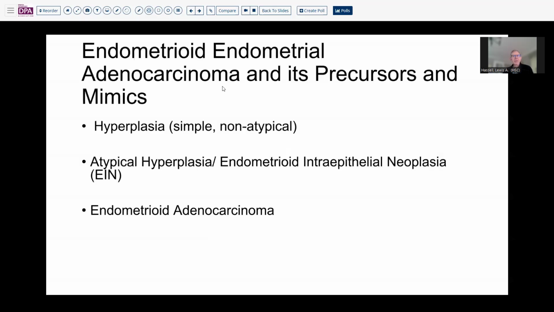So the first thing to be aware of, of course, is the precursor and mimics of endometrial carcinoma. And these fall into the category of hyperplasias. There's a long and storied history to the classification of these entities, but we've devolved to essentially a two-tiered system, which puts all benign hyperplasias in one category and the pre-malignant higher risk hyperplasias, or endometrioid intraepithelial neoplasia, EIN,